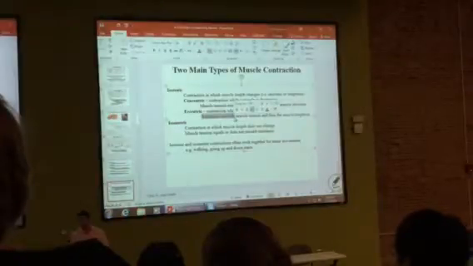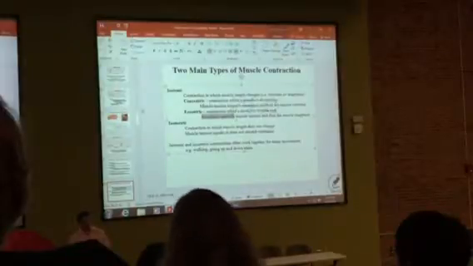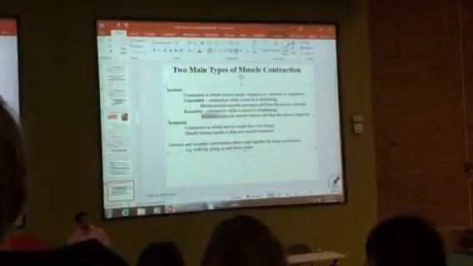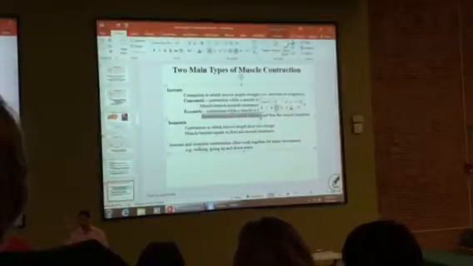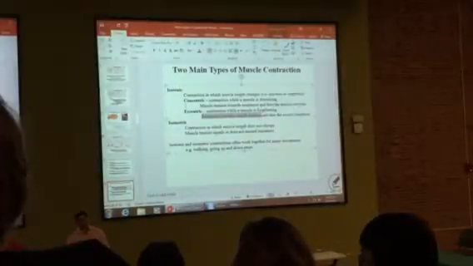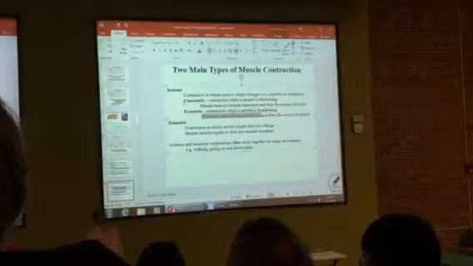So, tension in my muscle exceeds resistance. Tension in my muscle is less than the resistance. That's what allows it to come back. So an eccentric contraction is resistance exceeds muscle tension. This is a resistance. All right? Now, you can't, by the way, you have to know the movement of the muscle.